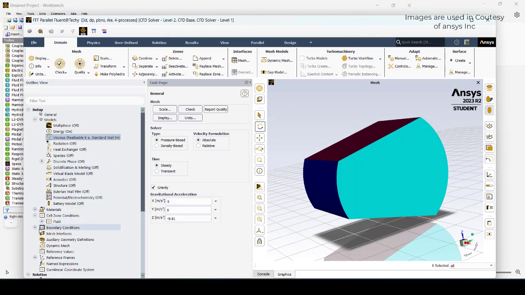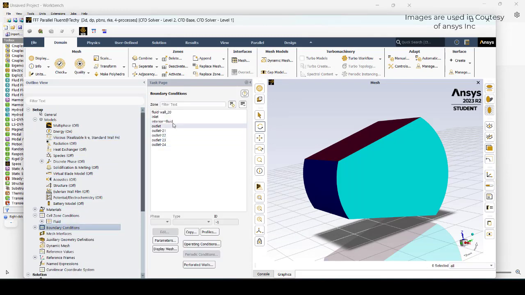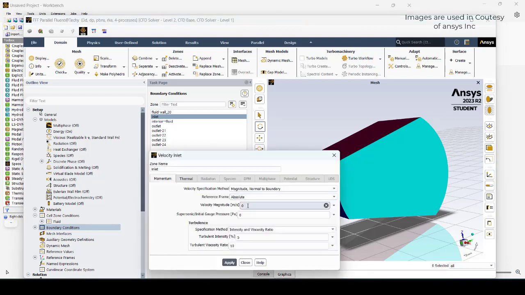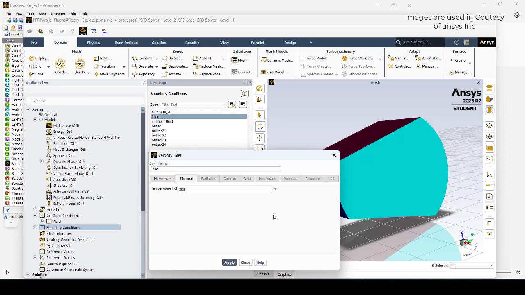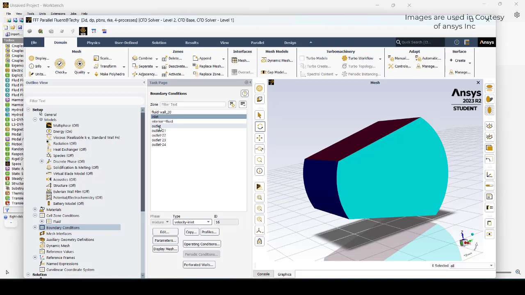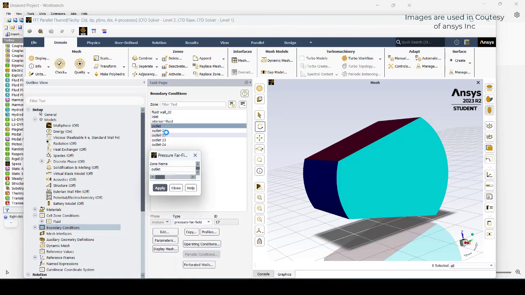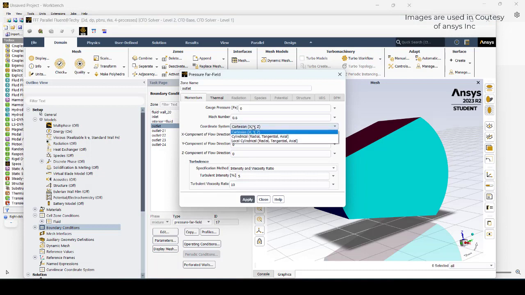And in the boundary conditions for the inlet, we'll take it as 80 meters per second. The temperature of the ice, we'll take it as 260. Temperature of the air present in the surrounding, we'll take it as 260. And these things, we'll take it as a pressure far field. It's not reasonable,